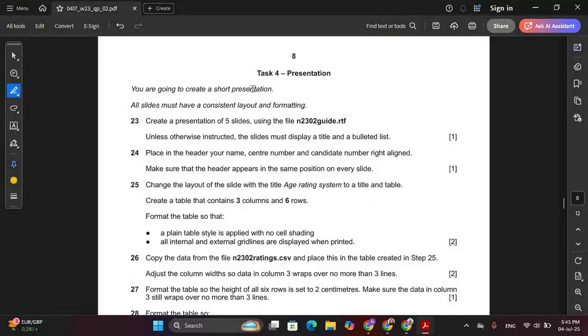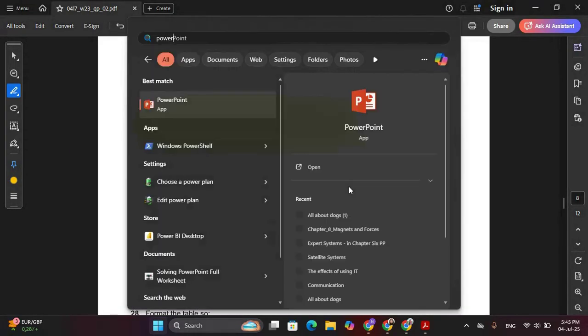Okay, now let's move to task number 4, which is presentation. You are going to create a short presentation. All slides must have a consistent layout and formatting. In order to create a presentation of 5 slides using this template, I'm going to open the PowerPoint application, and